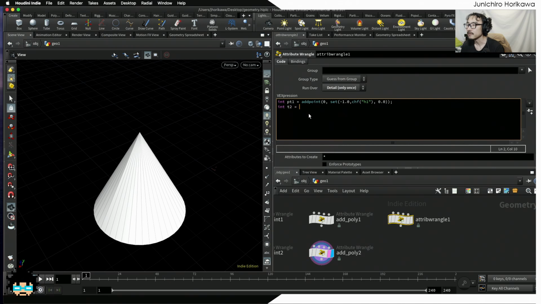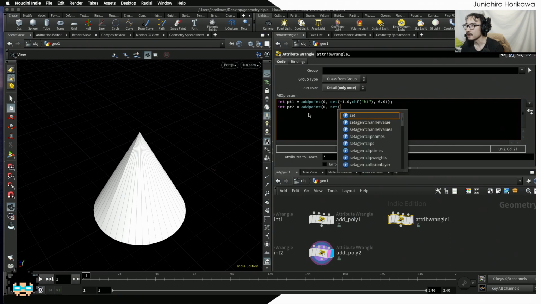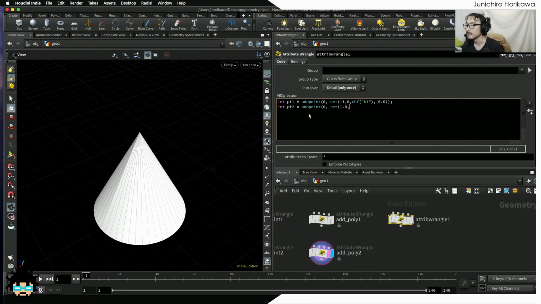For the PT2, I'm going to create another point using set, and for the X value I'm going to say 1.0, and for the Y value I'm going to say CHF H2, and 0 for the Z value. Okay, now that I have 2 points, I'm going to create a polyline